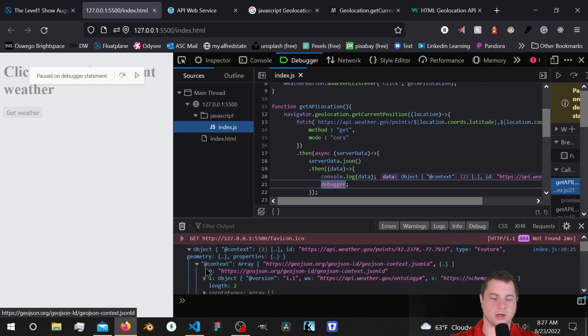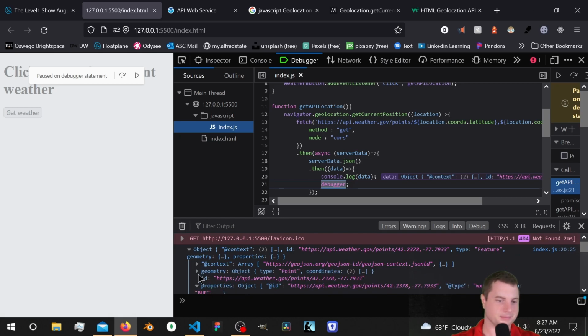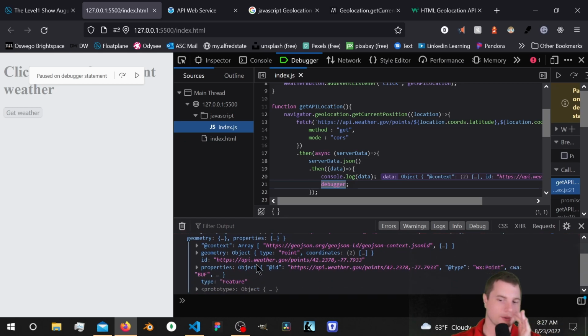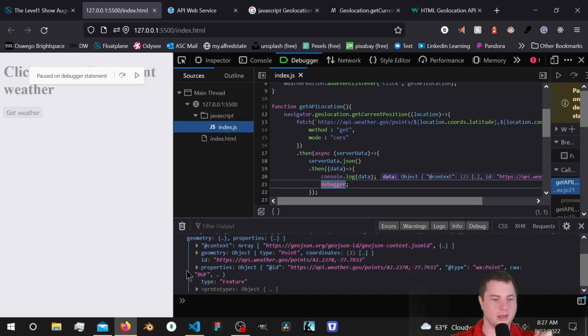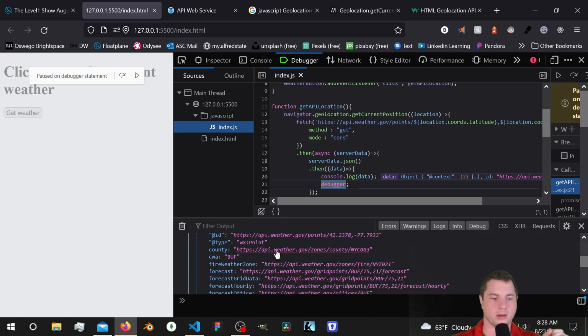Okay, so let's walk through that process again. And when you're using someone else's work, sometimes it's just go through what you got back from the server and try to figure out what's going on. All right. So we got our JSON object back. Okay. We're going to come down to the properties. Well, first I checked both of these and it wasn't in there. We're looking for something that has the location of where we're currently at, and it actually makes sense. So if we come down to properties,